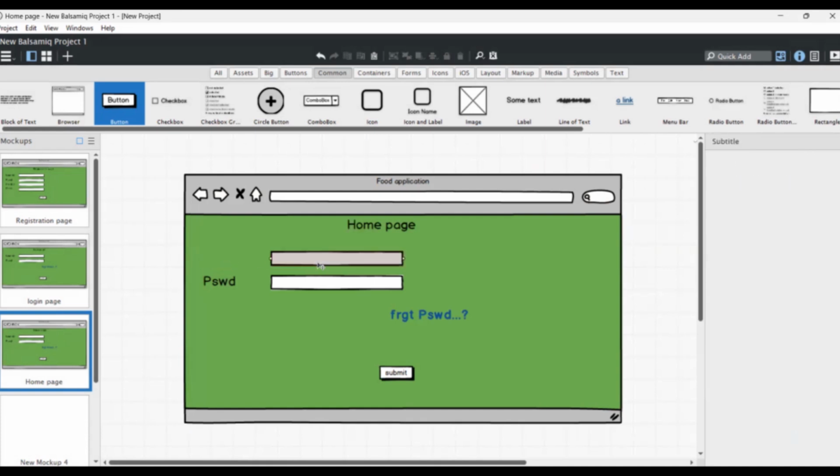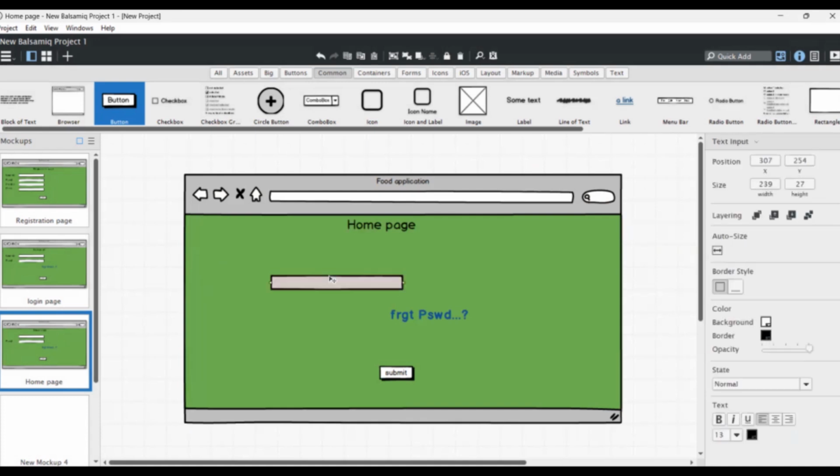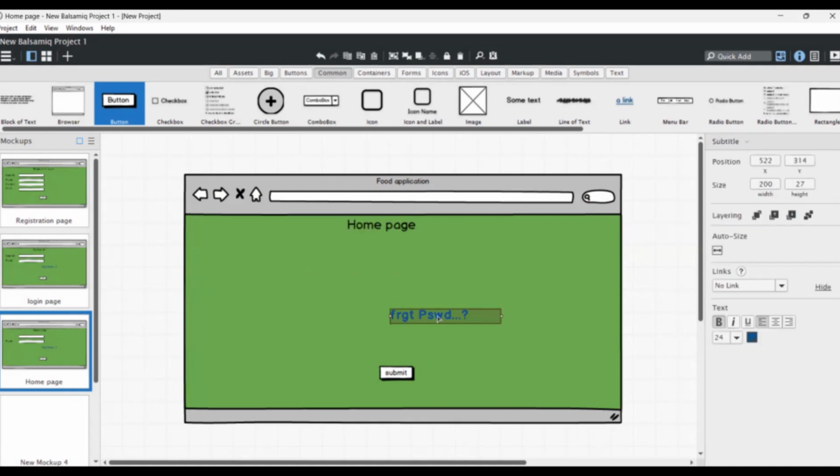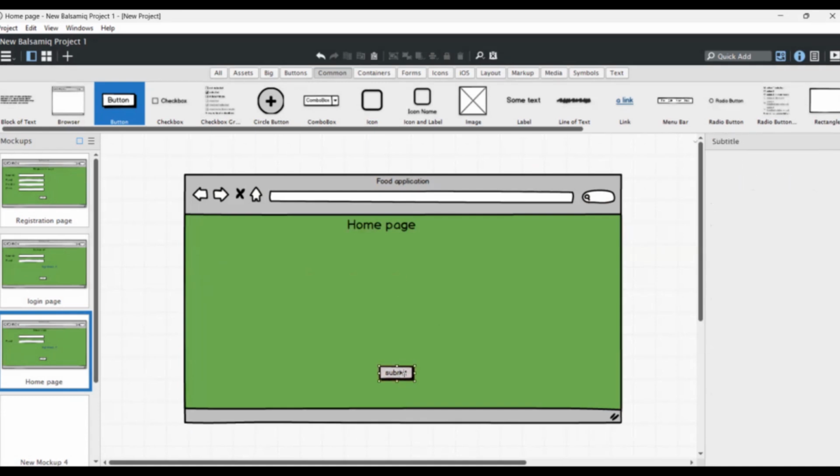On the home page, what type of things here we can take? The products, different types of products, right? So by using the,